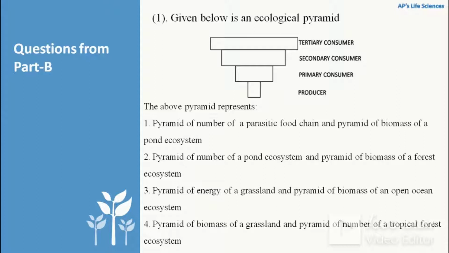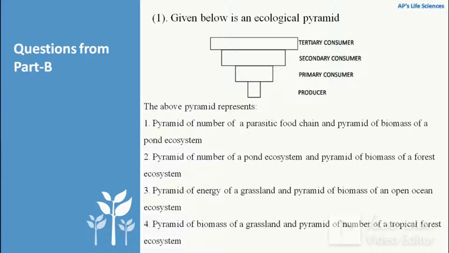As we know, the pyramid of number in parasitic food chain is inverted because the producers are less in number whereas the parasites are more in number. So the pyramid is inverted because there is a higher amount of parasites as compared to their host. As we proceed towards the upper trophic level, there is a higher number of individuals. So that's why the pyramid of number in parasitic food chain is inverted, whereas the pyramid of biomass